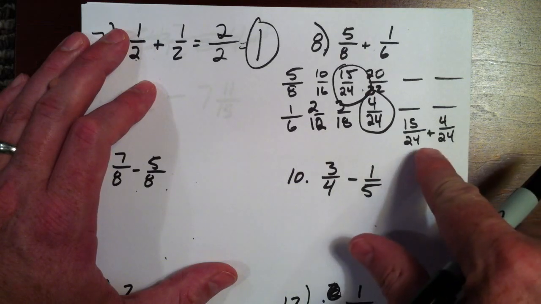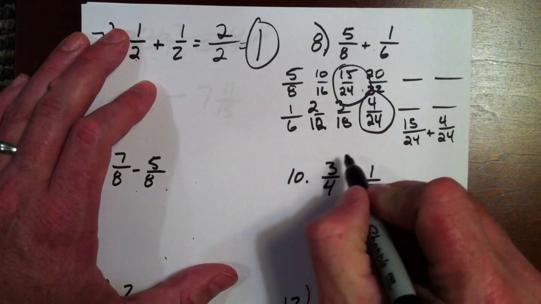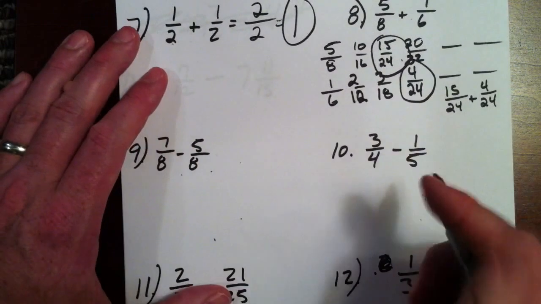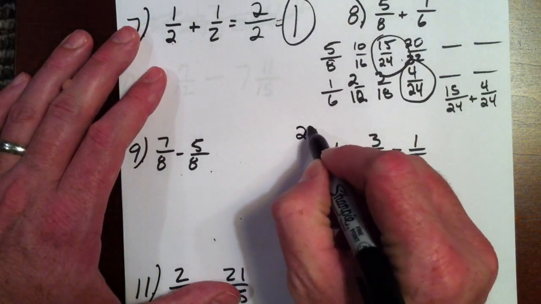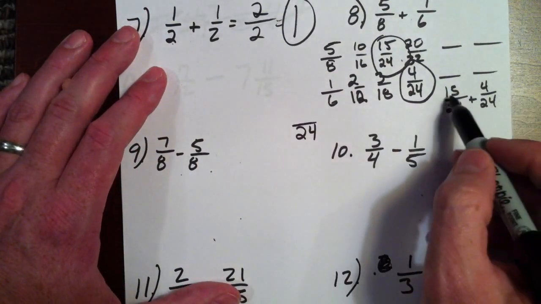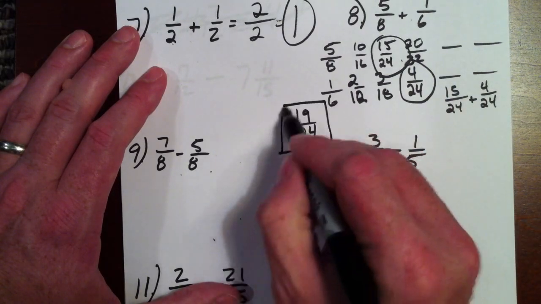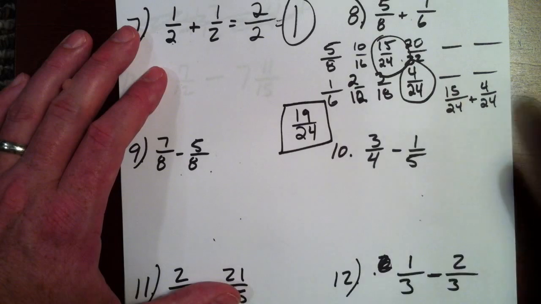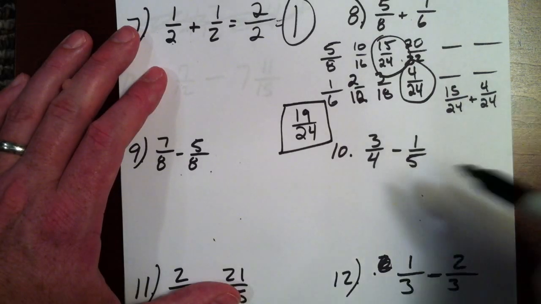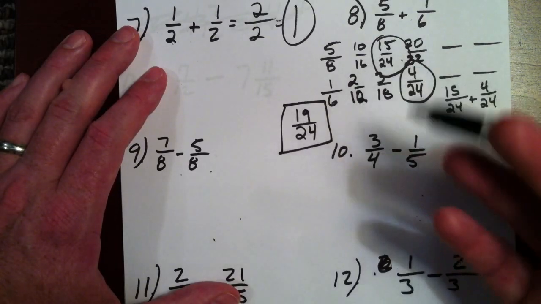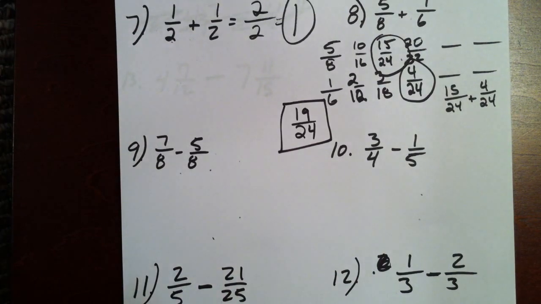So now, I don't add the bottom. I leave that, so 24. What is 15 plus 4? 19. The answer is 19 over 24. If that would reduce, we would reduce it. You always have to reduce your fractions, otherwise it is wrong. I cannot give any partial